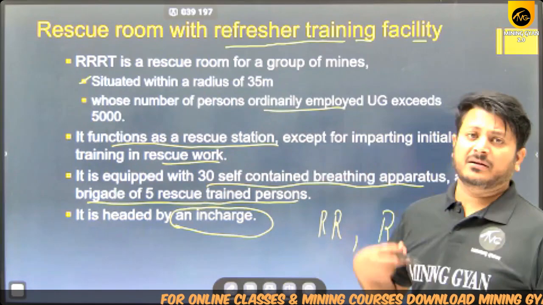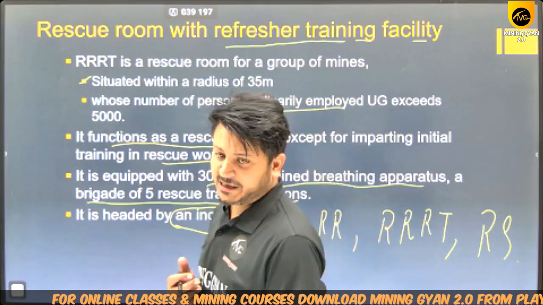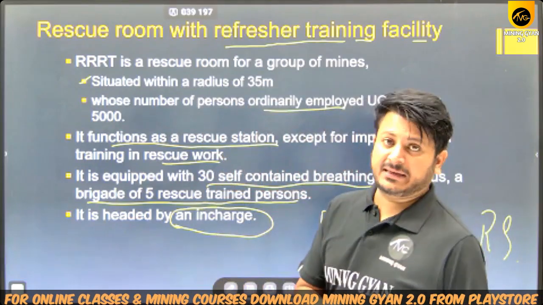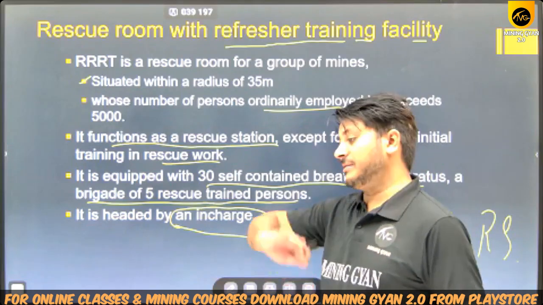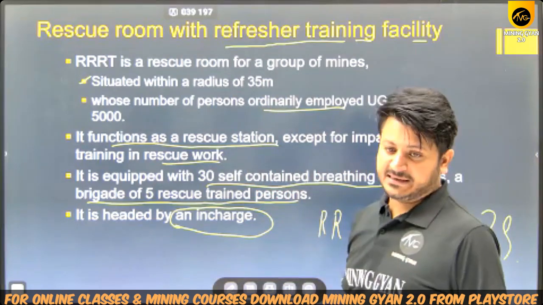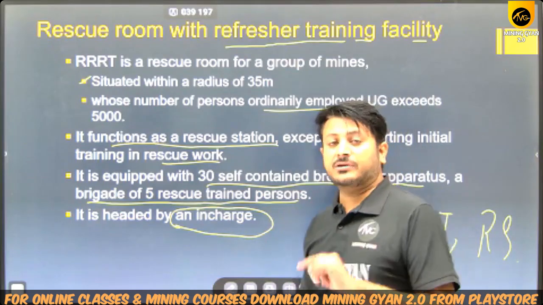और इन माइंस में अगर 5,000 से अधिक व्यक्ति हैं तो उस केस में भी आपको ट्रिपल आरटी बनाने की जरूरत है। ठीक है, एक तो 5,000 से कम व्यक्ति हैं तो रेस्क्यू रूम बनाएंगे, 5,000 से ज्यादा व्यक्ति हैं तो रेस्क्यू रूम विद रिफ्रेशर ट्रेनिंग फैसिलिटी बनाएंगे। ठीक है, ये चीज याद रखिएगा।